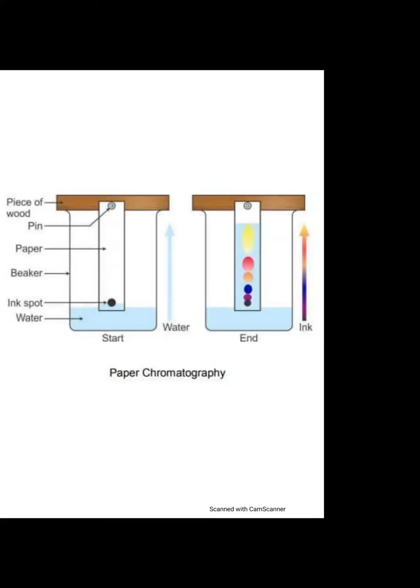Yes, Abhiram, tell me. Sir, can you explain the diagram again? Beta, look, we took a paper, chromatograph paper. We have put a drop of ink on that paper. We have then dipped that paper inside water. Then water will come up with the different colors. Thank you, sir. Understood? Yes, sir.